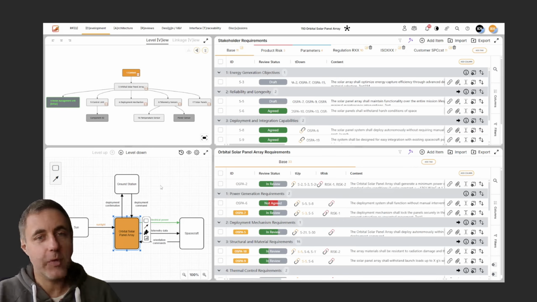Like we've seen before with our interfaces, if we select our system boundary, which I have already done, we get information that is relevant to the system boundary. In this view, its requirements. So why do we go from stakeholder requirements to system requirements? Well, first and foremost, stakeholders can be plentiful and they might not take care of how we want our requirements formulated. Maybe they're not atomic, maybe they are not testable,